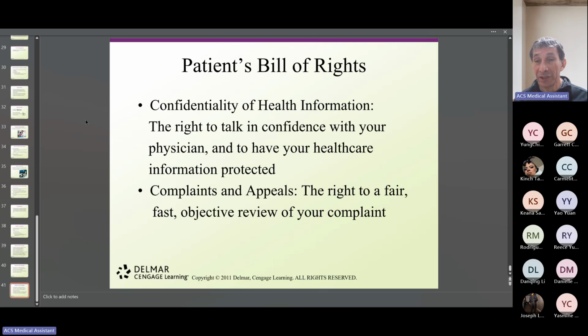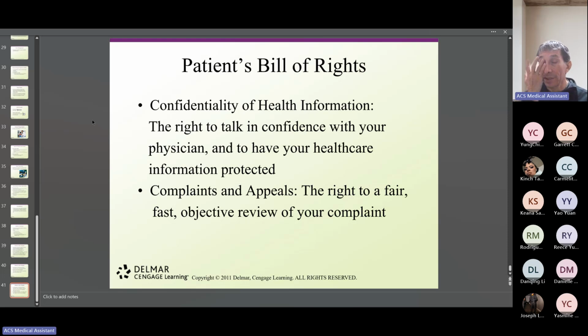Do not ignore patient complaints, which can actually lead to a lawsuit. Patients do not complain sometimes just because they want to complain. It's because sometimes things are not handled correctly. But if you don't mention it, or if you mention it and it's not corrected, things are just going to get worse. So that's basically what it is.